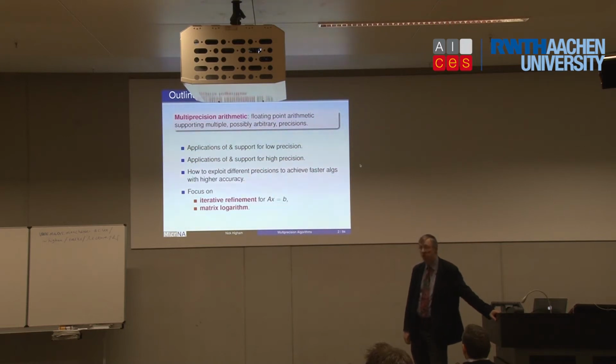And the drivers like high-performance computing, moving towards exascale, and minimizing energy usage, I think are forcing people more and more to think about what's the appropriate choice of precision and not just running things in double by default. And one theme here is using different precisions in a single computation. So what's the appropriate mix of computations to, say, solve a system of equations? Rather than doing everything in double or everything in single, can you combine single, double, half, quadruple in some way to get as good an answer, but in less time and with less energy? So that's one of the underlying questions here.